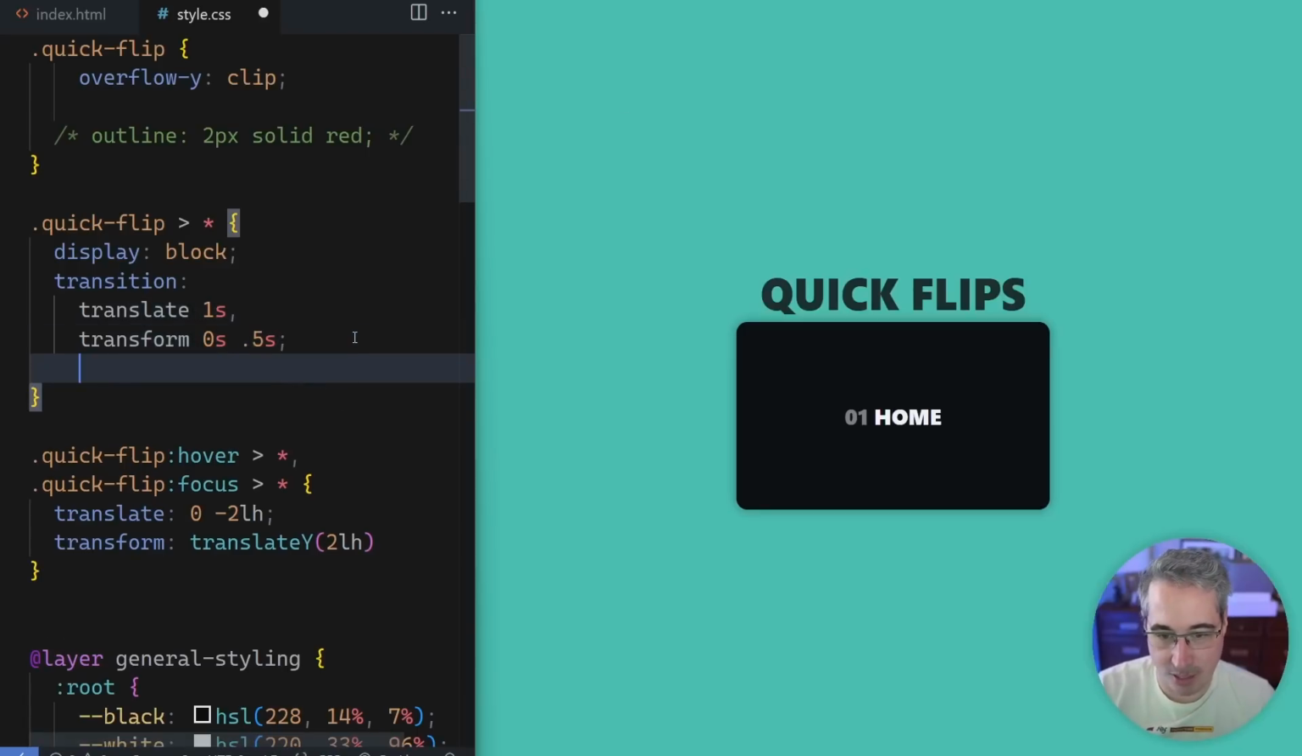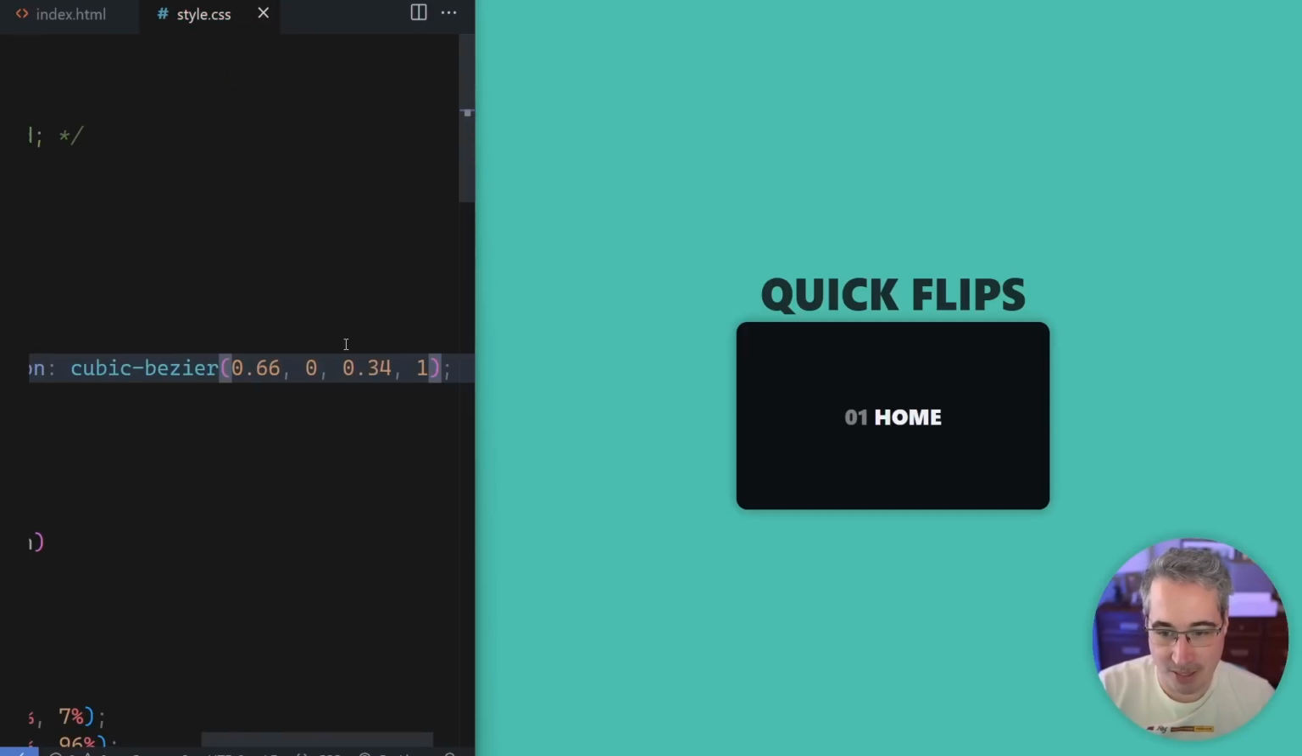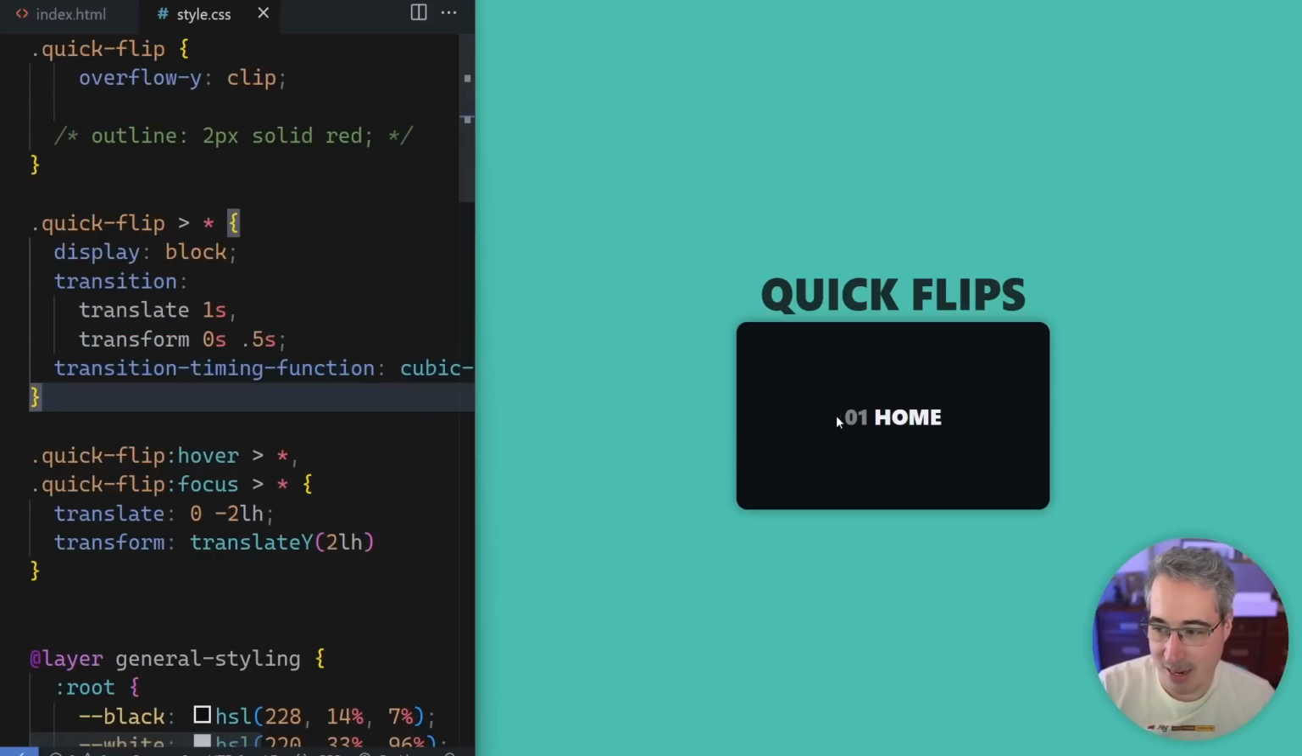And here I'm just going to do a transition timing function and paste in this one that we just got from there. And now if we look at it, doesn't that look better? It's a little bit too slow, but it looks really nice. And because it's too slow, I'm going to update the timing, but it's kind of annoying to have to update both of these numbers. So here on the quick flip, because this is where I'm controlling everything from anyway,